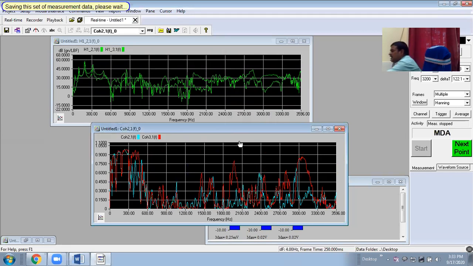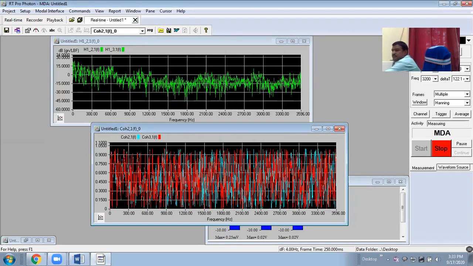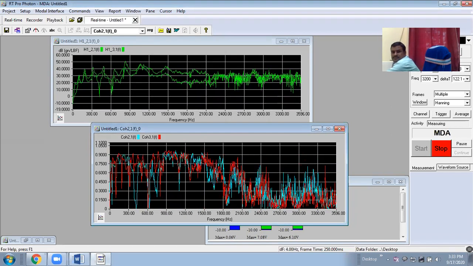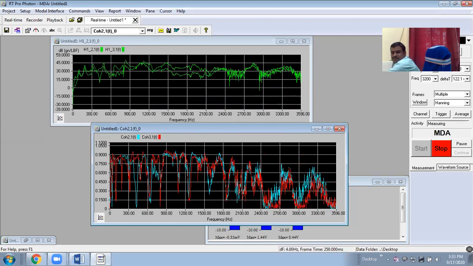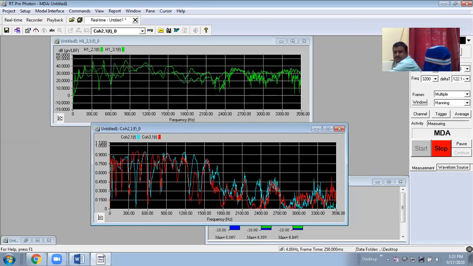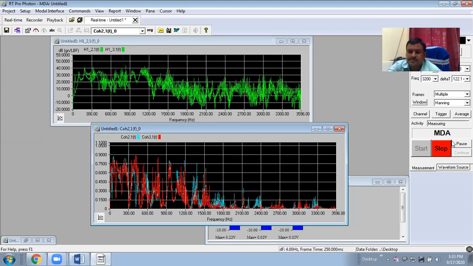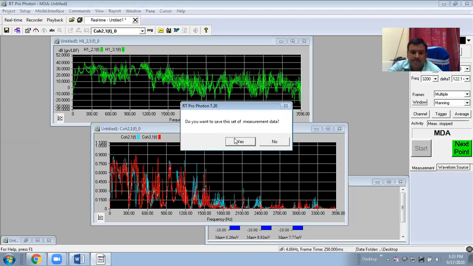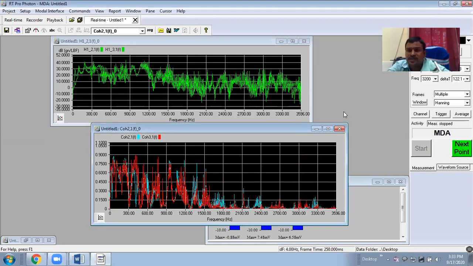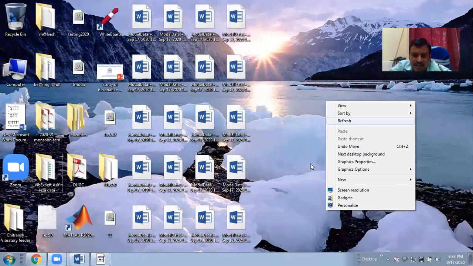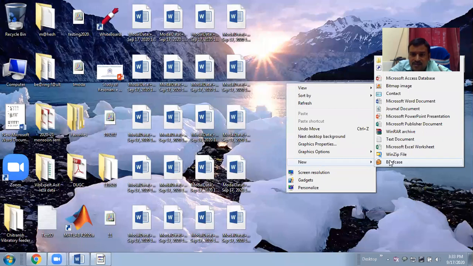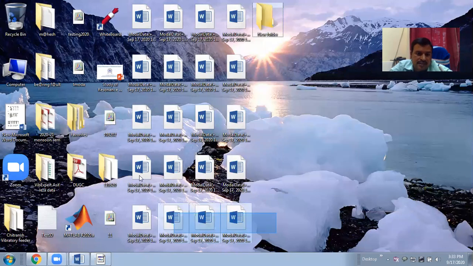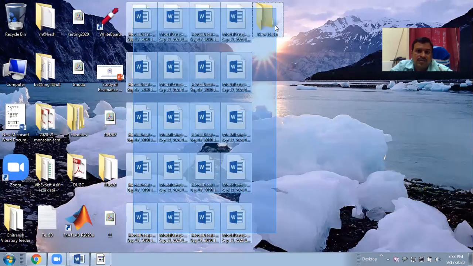Now on the last point I'm taking here. Now this is the first data I have taken here. I'll just take a file here and save all this data in this file.